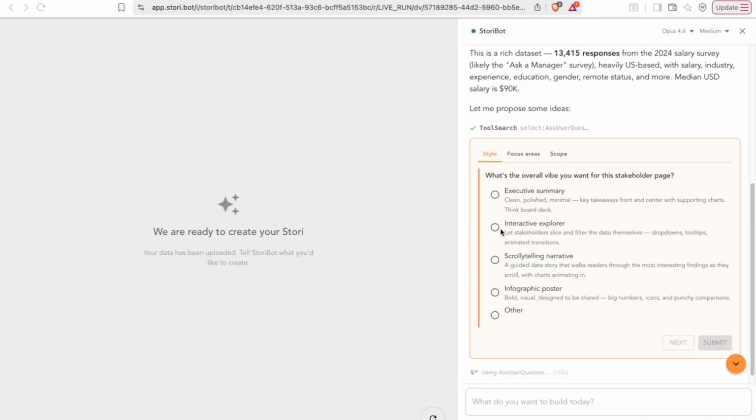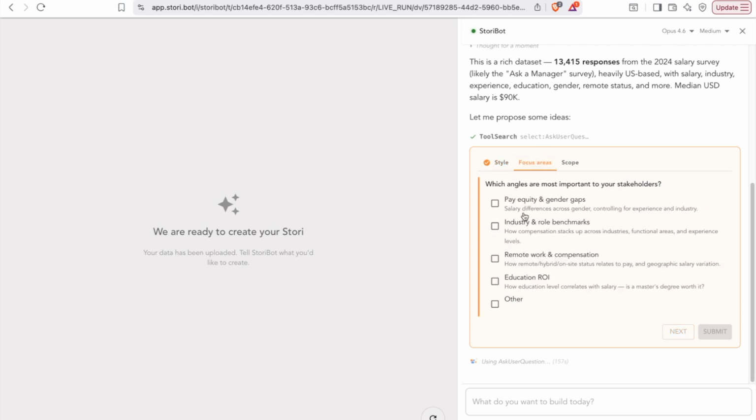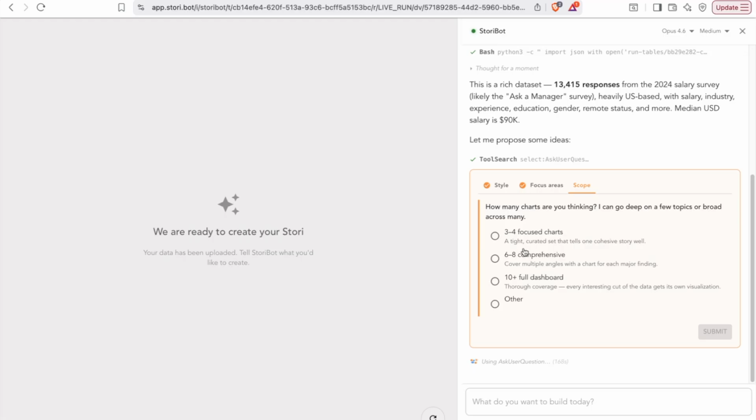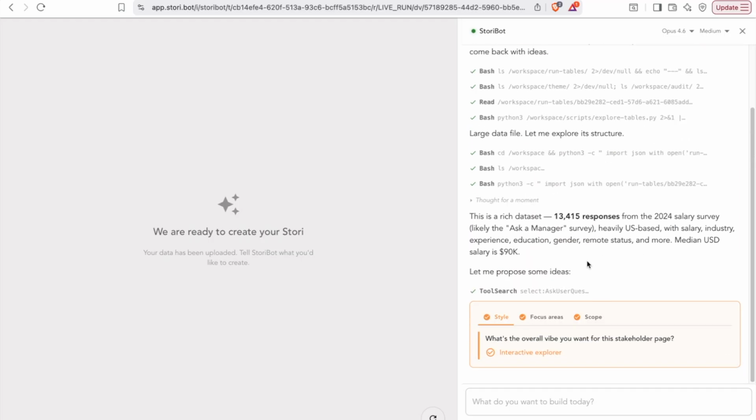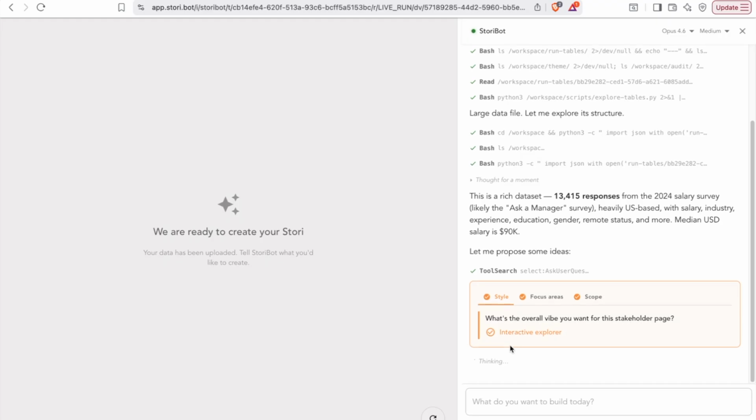I think I'd like to make an interactive explorer. That's a really great idea. So the focus area, you kind of want to pick all of those as a focus area. Maybe we'll go with 3 to 4 focus charts just to begin with. So once you answer its questions and submit those responses, it will just continue. Once it's comfortable and it's got a bit of an idea of what it wants to build, it will get